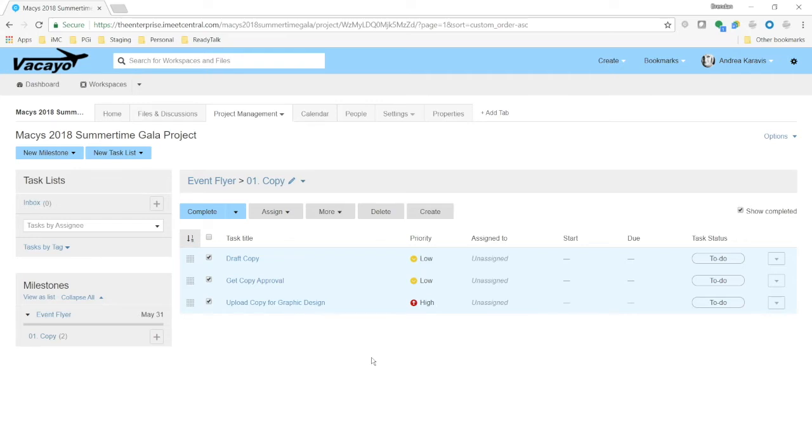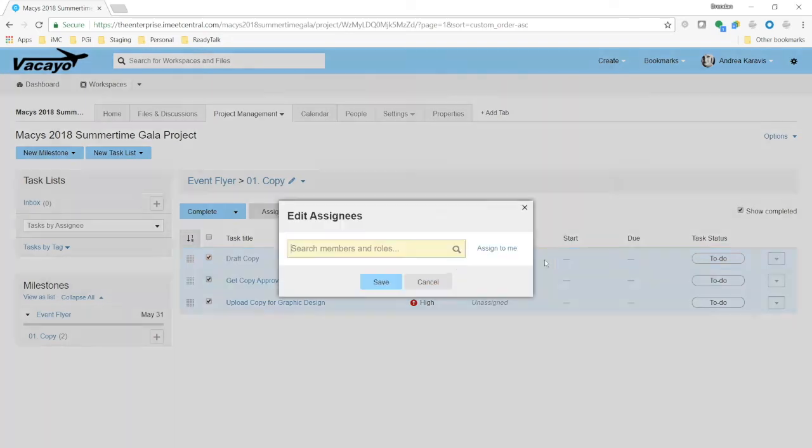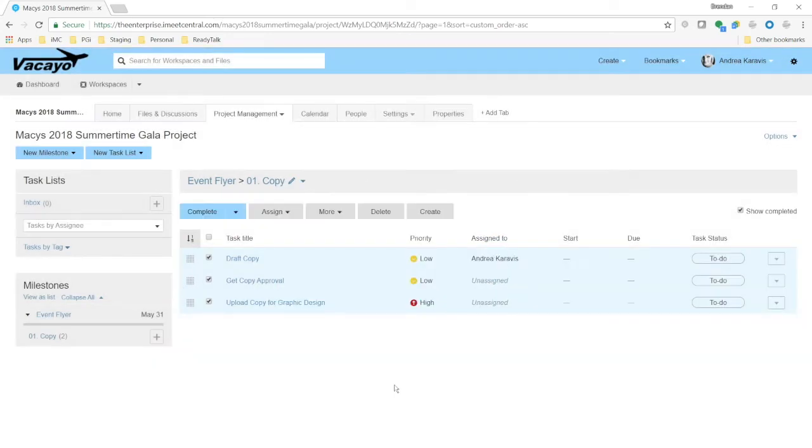And I'm going to assign myself to these 3 tasks. And I can assign people to tasks in a couple of ways. One way is I can just hover over this assigned to column, click the pencil, type in the name of a person,